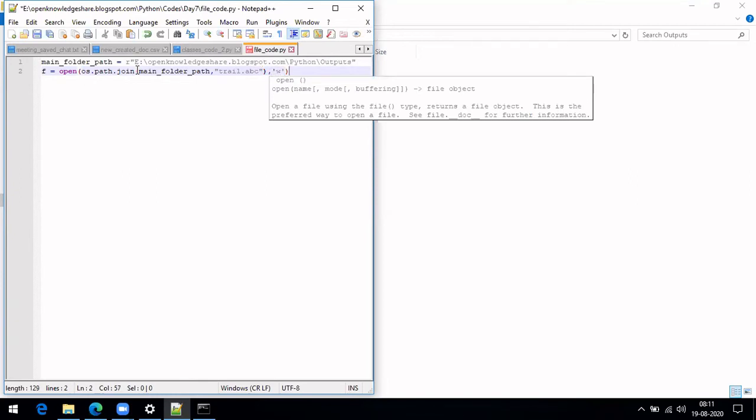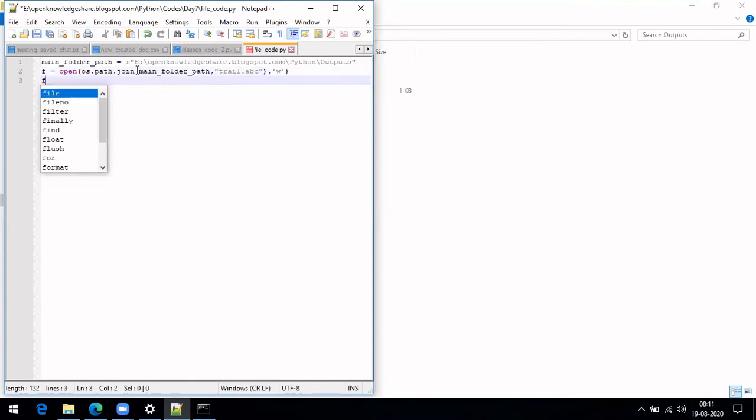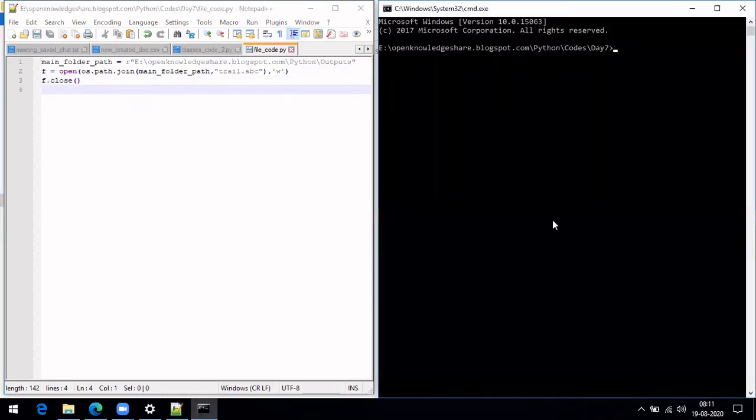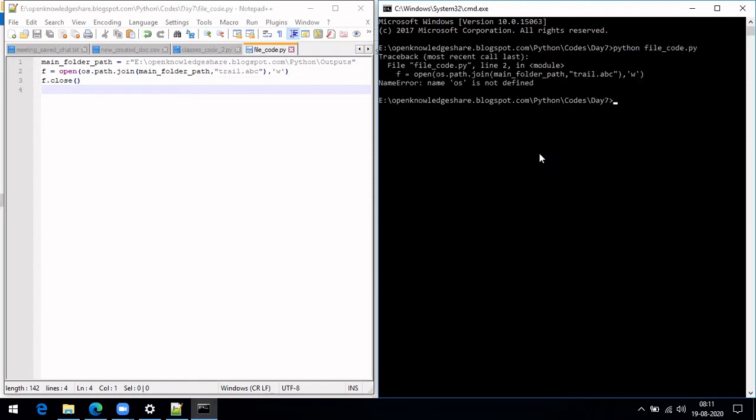If you open it in write mode and you're not doing anything in that, just do the close. Let's see what it will do. Let me run this code. Okay, os is not defined, since we are using os.